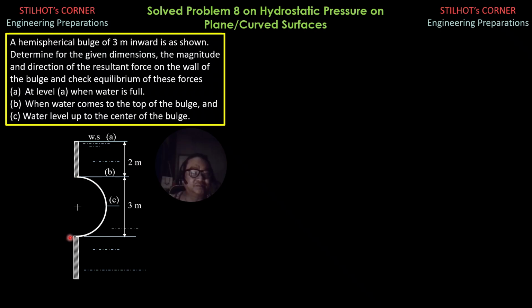While for the volume, by principle, we have this lower half, the volume to be considered which is upward because this is case 2 is volume above this curve up to the liquid surface. Now for the upper half, the vertical force is downward and it considers volume above the upper half. Therefore, the net upward force is equal to the weight of the volume of this hemisphere, which is 2/3 pi r cube.